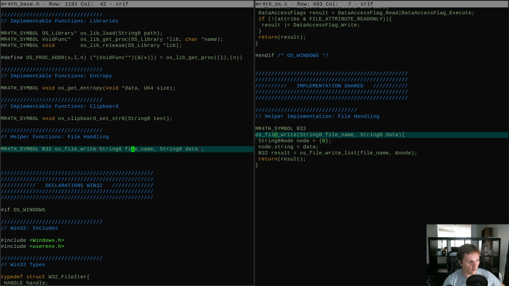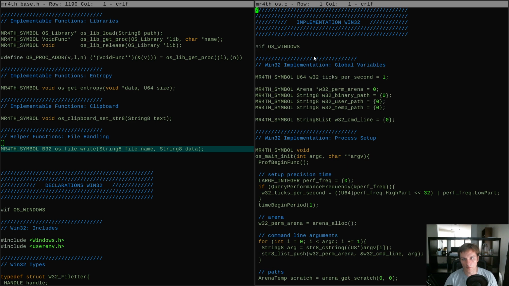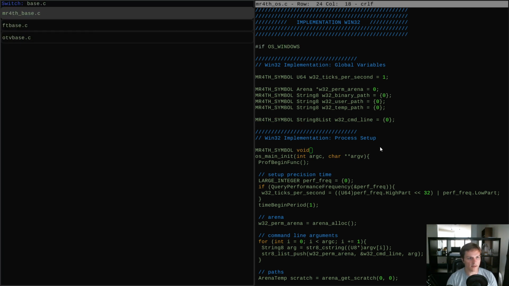It's just a helper. It's automatically implemented on every operating system. It's implemented once across the code base, not on a per operating system basis. Makes sense. The rest of this is the Windows OS specific. Okay, got it. So what we're going to do is in base.c,